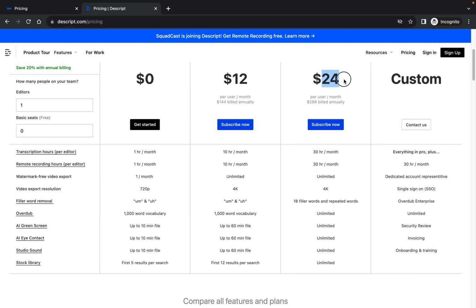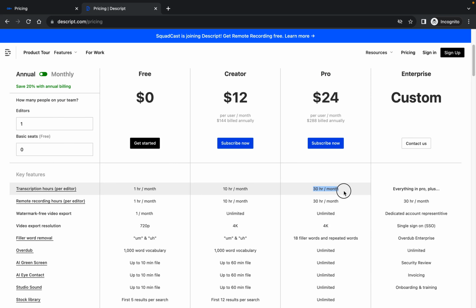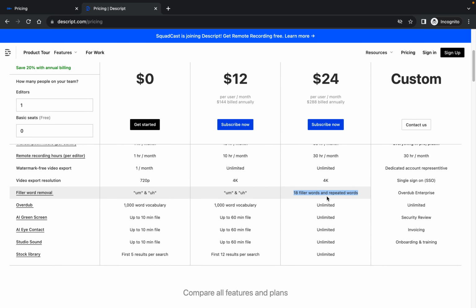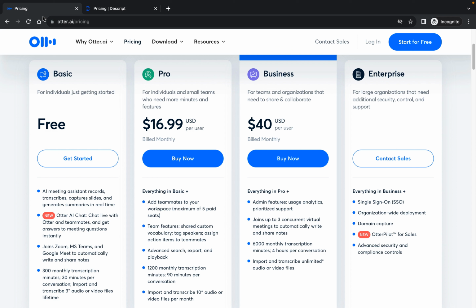So if, let's say, you spoke a word incorrectly, you could use their AI tool to overdub it. Of course, if you go for the higher tier plan, which is the plan that I'm on, the pro plan, you get 30 hours per month, which is more than enough when you're recording videos. You get a bigger filler word library. You can remove repeated words and you just get unlimited on a lot of other features as well. In terms of value for money, even though I think both are very different tools, I think Descript has much higher value for money because the features are way more advanced, while Otter, I'd say, is higher priced than Descript and has fewer and more specific features. But again, two different use cases.